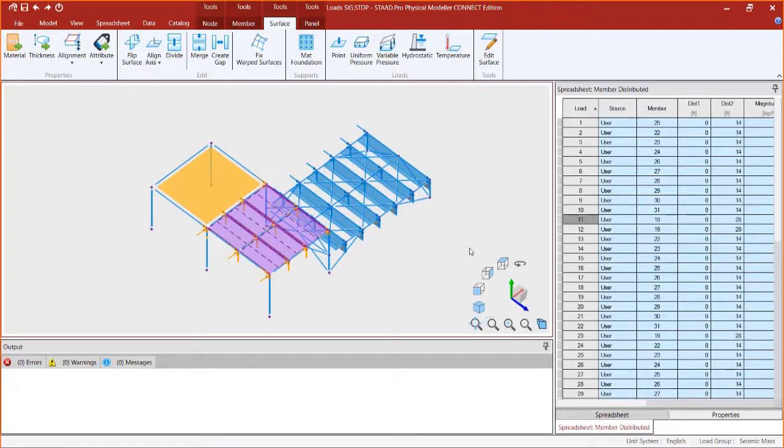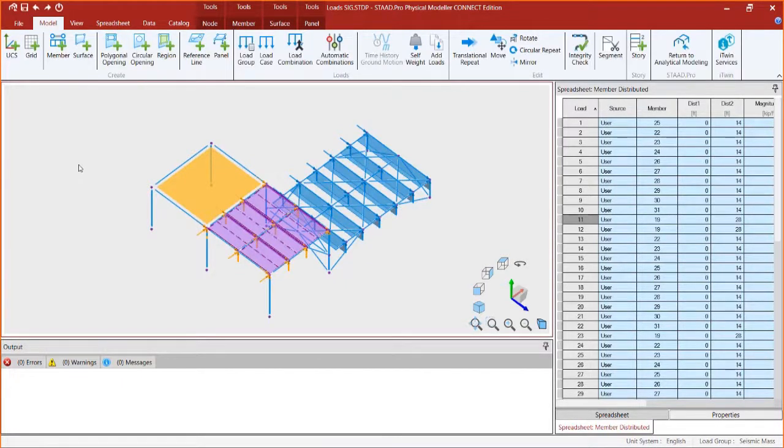The last type of system, which might be newer for you, is to create a panel. So let's go ahead and go to the Model tab of the ribbon toolbar, and you can see here I use this tool to create my panels. You're going to create them the same way you would create any plate or any surface in your model. You're just going to click the nodes within each bay in consecutive order. It doesn't matter clockwise or counterclockwise, as long as you go around the perimeter of where your panel will be